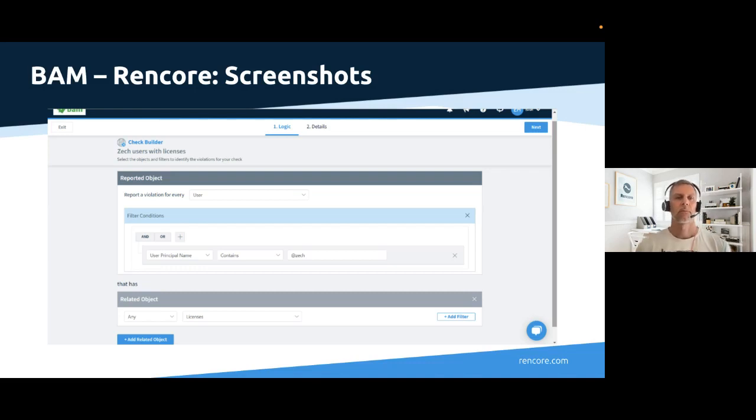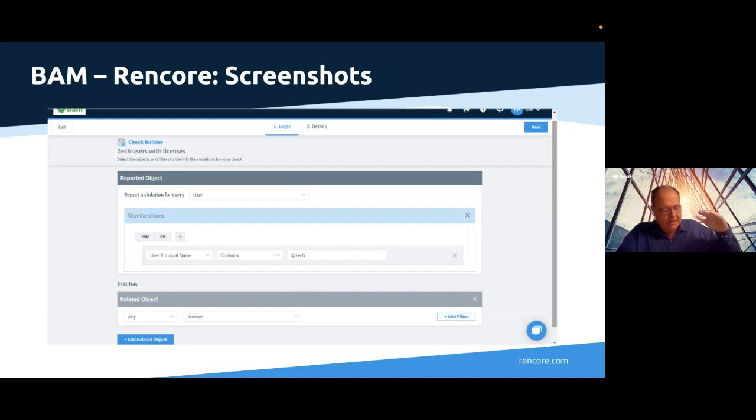Yeah, it works relatively simple, and we built one for the first carve-out, which was BAM Deutschland, to check. When the second carve-out was announced, we just cloned the checks, changed the parameters, and I've now done it 3 times, and the 4th one will be coming. So what we did here, we said, okay, for every user who has a UPN which contains @sec, that was the new mail domain, show us all the licenses. That was everything we had to do, and if we then click next, then you can give it a name,